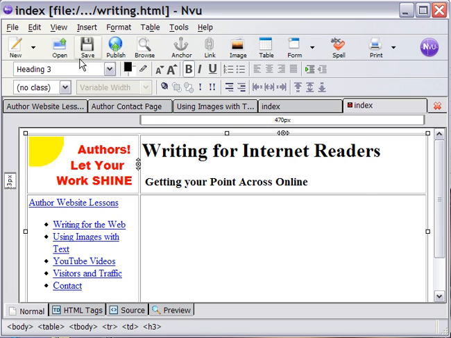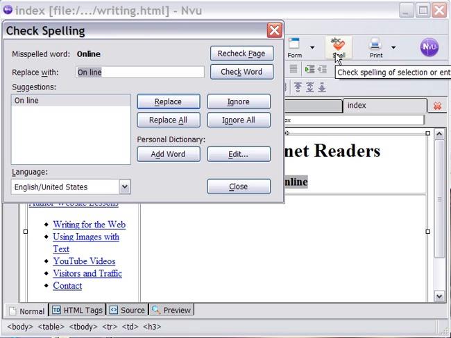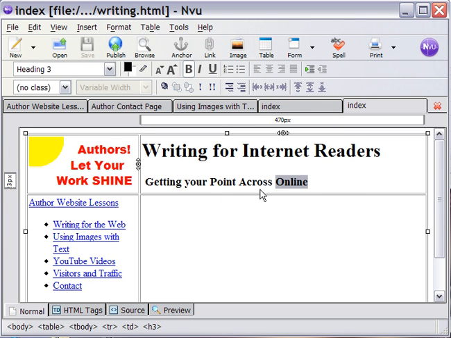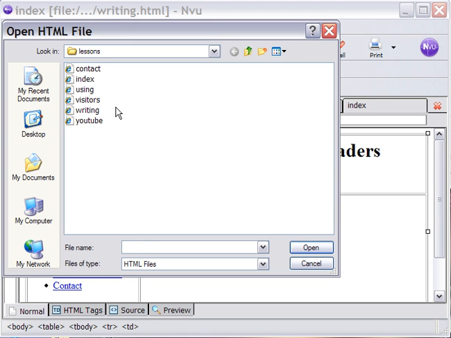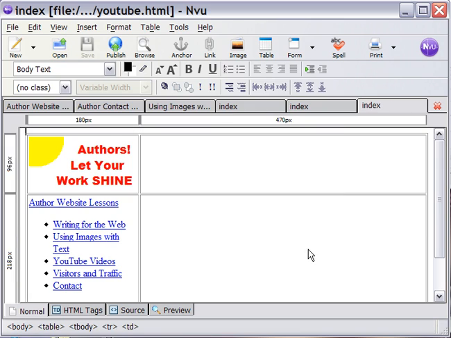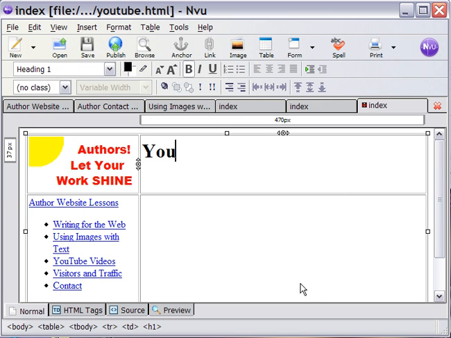Okay, and save. I'm sure there's a spell. This isn't a bad time to point out there should be a spell checker in this somewhere. There we go. Spell. Online it didn't like, but I don't care, and ignore, completed. So I guess I spelled across properly, and we've already saved, and we'll open the last one, which is YouTube. I hope I haven't gone over 10 minutes yet here, so we're going to call this quickly YouTube